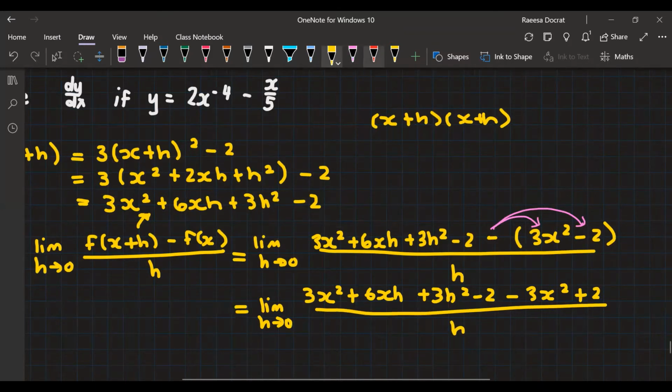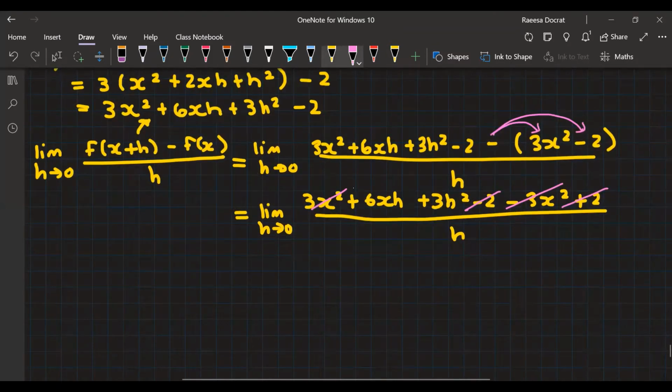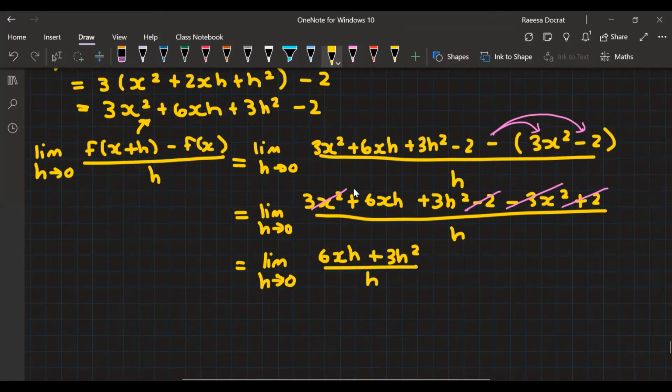Now what we have is that the 3x squared cancels out with the minus 3x squared, and the minus 2 cancels out with positive 2. So what we are then left with is the limit as h tends to 0 of 6xh plus 3h squared all over h. So we can't let h tend to 0 at the moment, because then there'll be a 0 at the denominator. So what we'll have to do is factorize an h out of the numerator. So taking out an h, we get 6x plus 3h